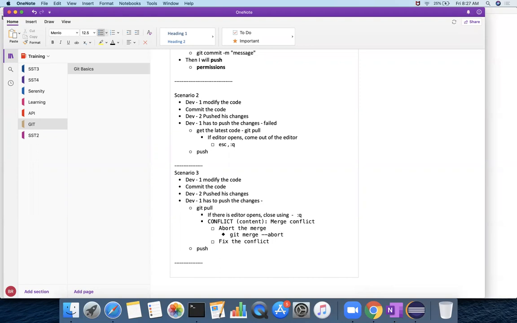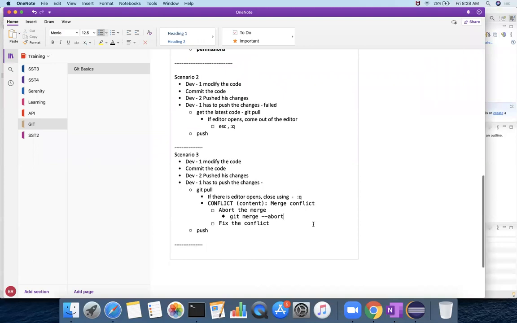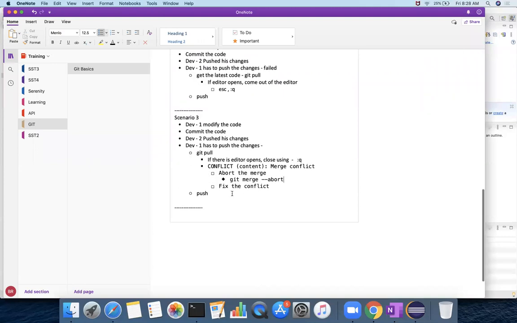It will remove these conflicts. When it removes the conflicts, whatever changes you have in local will come back to your changes. But that is not what I want to do. I want to fix the conflict. Okay, how do I do that?